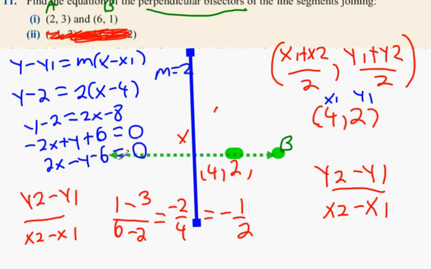Okay, for homework tonight, the odds, and then 11 and 12. So, check, you got your odds